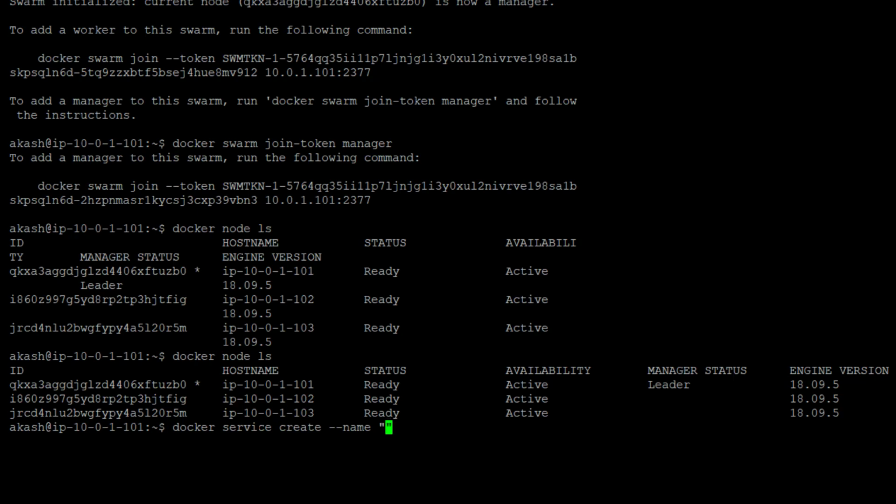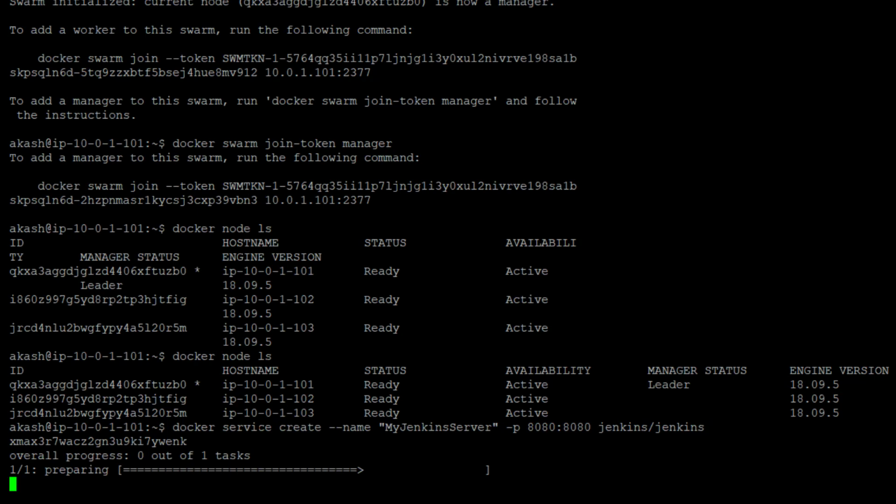So I'm going to name it my-jenkins-server, with -p, so port 8080 is going to be exposed, and the image which I'm going to use is Jenkins. So just run this one.